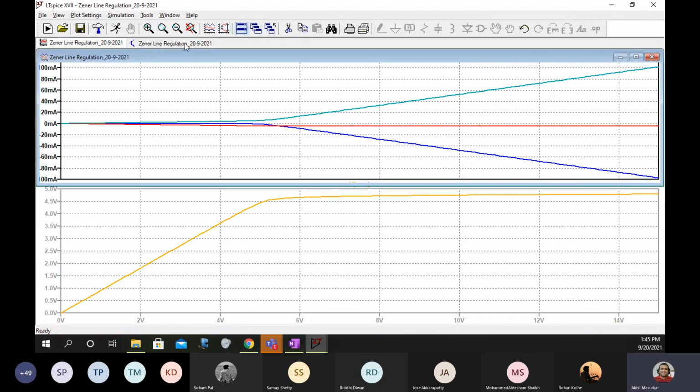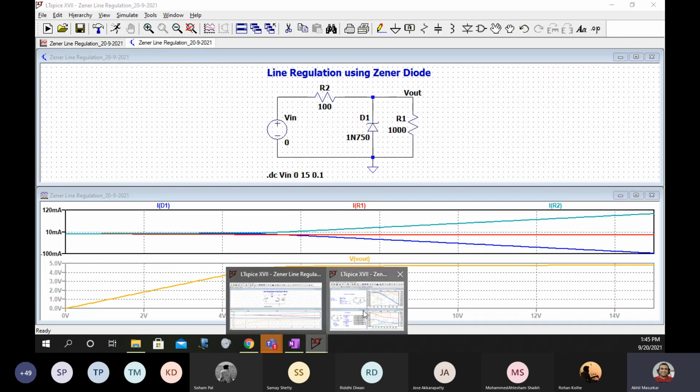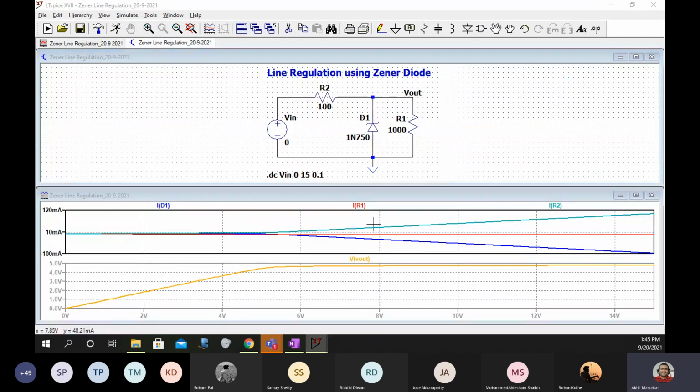Can you plot like this and put it in the chat box?